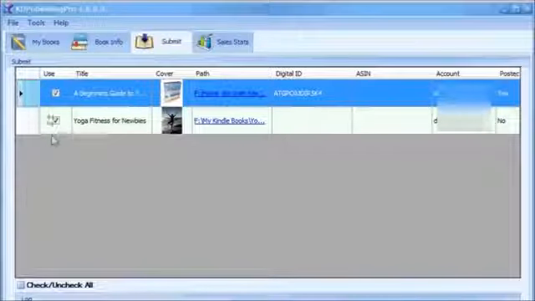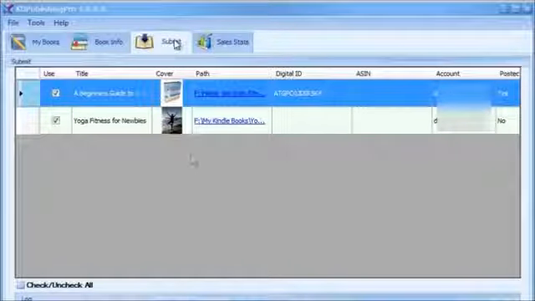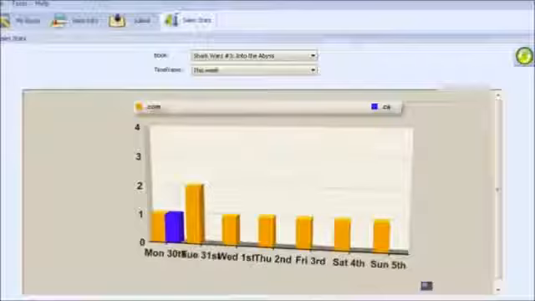And finally, the only thing left to do here is just simply select the books that you want to submit in the Submit tab section and click the Start button, and it will automatically submit the books to the Kindle network. In fact, you can actually have multiple books in here. Say you wrote 10 or 20 books, you can just select the ones you want to submit and submit them all at the same time, and you can have all these publications in the Kindle network that quickly.